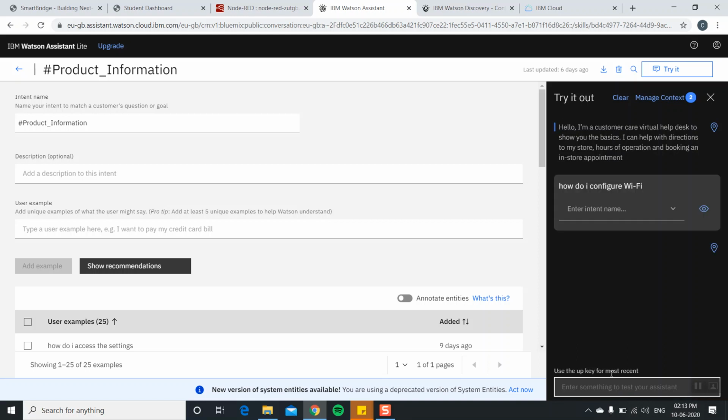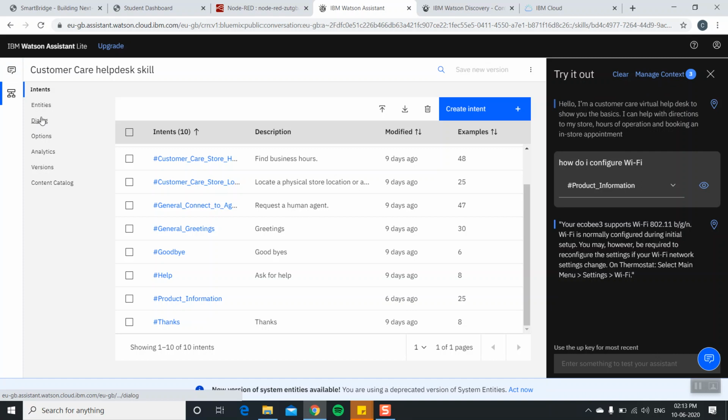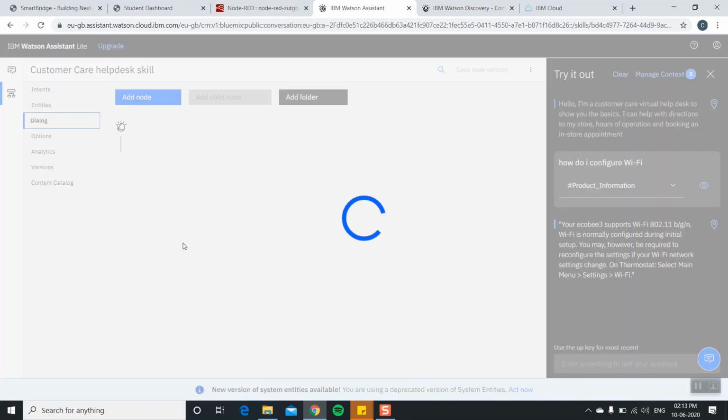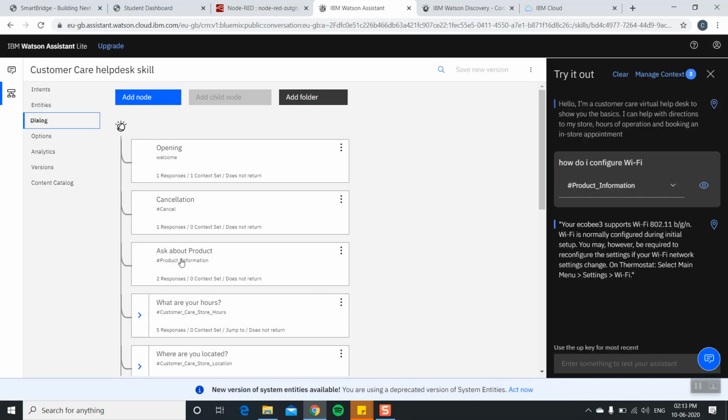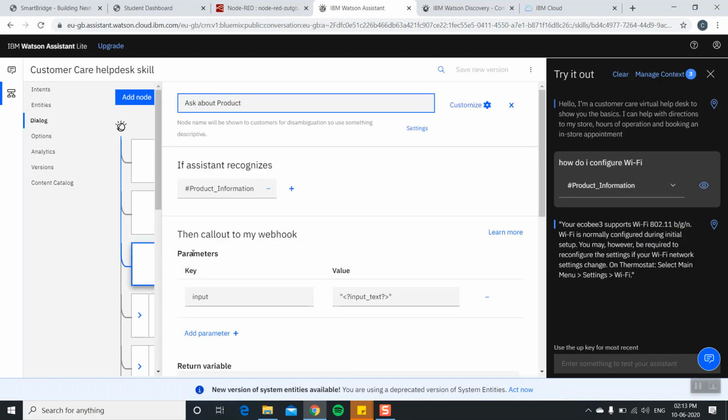If we ask a question, it will try to identify the intent and will try to give the answer. Now this answer is generated because of the dialogue where we added a node which is associated with product information, that is, ask about product.